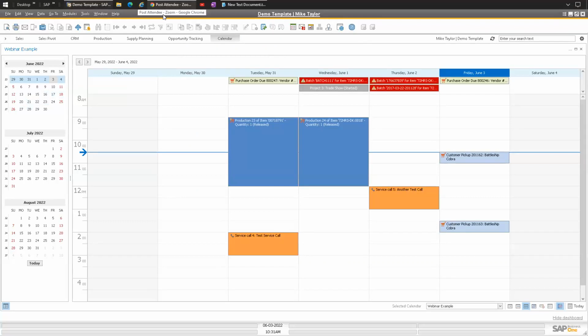So here is the B1UP dashboard system. If you haven't seen the B1UP dashboard system, this comes with the regular licenses. So as long as you have the licenses, you can enable them. This is one of the default layouts. So you can have sales tab, sales pivot, CRM, production. There's a whole bunch of default dashboard widgets and layouts.